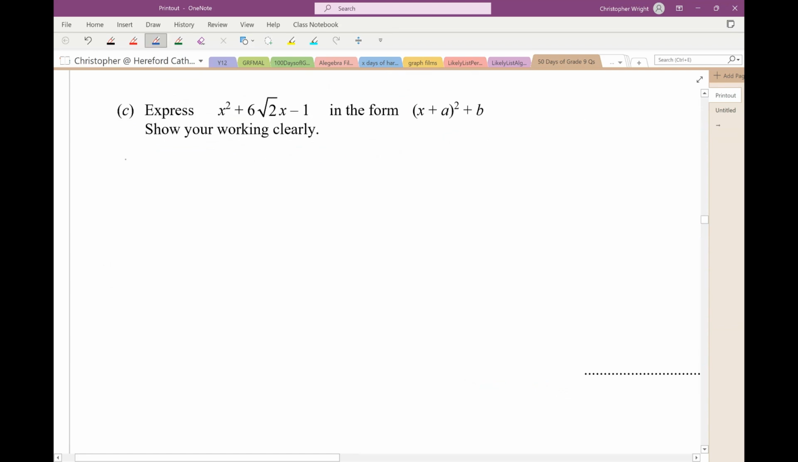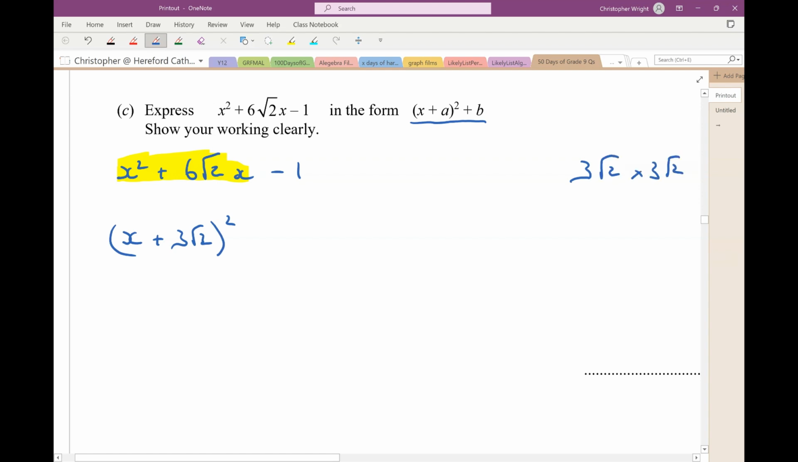Express this, x squared plus 6 root 2 x minus 1, in this form. They're asking me to complete the square, aren't they? So I'm going to focus on these two terms here. Now those two terms, that's x plus, remember you halve the coefficient on the x, so half of 6 root 2 is 3 root 2, squared. Now that's going to give me x squared, 6 root 2 x, and it's also going to give me 3 root 2